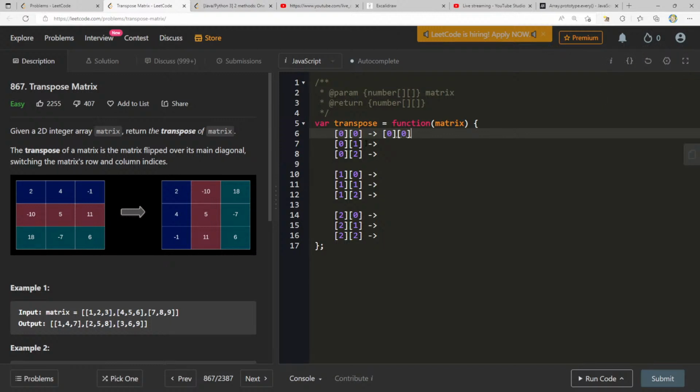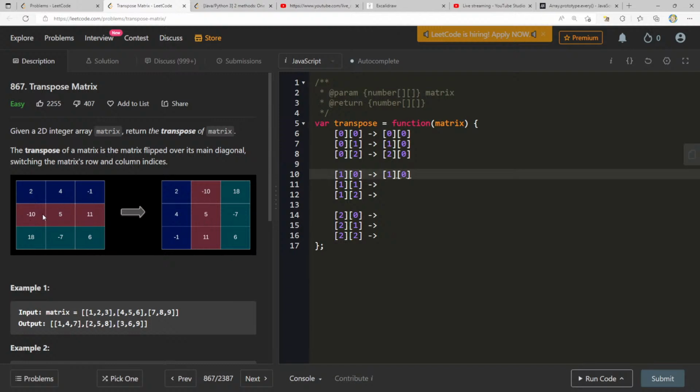So, all right, 0,1 becomes what? We go from 0,1 to row 1, column 0. And then row 0, column 2 becomes row 2, column 0. Okay, 1,0.